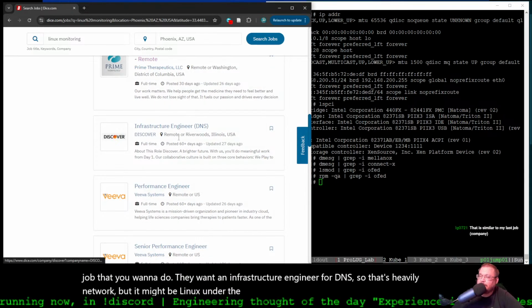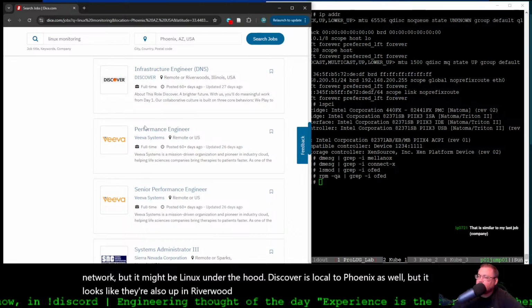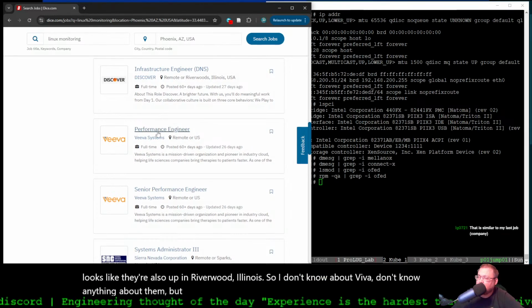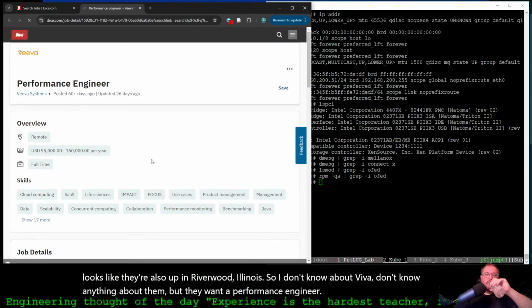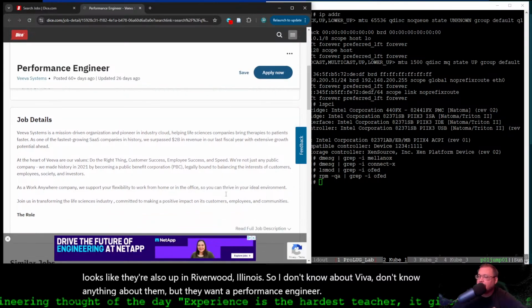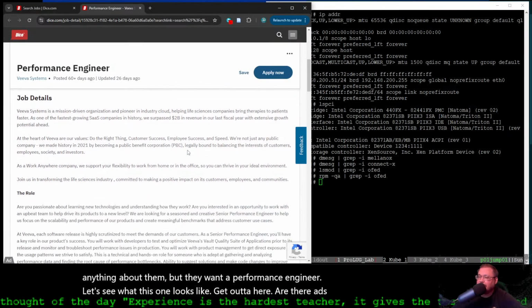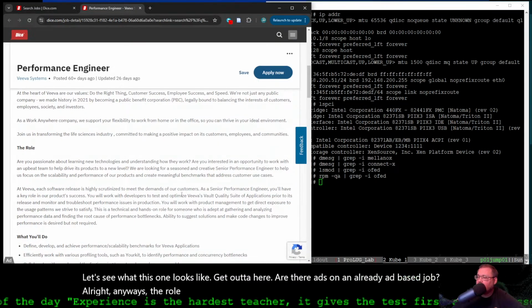Discover is local to Phoenix as well, but it looks like they're also up in Riverwoods, Illinois. So, I don't know about Veeva. Don't know anything about them, but they want a performance engineer. Let's see what this one looks like. Get out of here. Why are there ads on an already ad-based job site? All right, anyways. The role, they want you to know